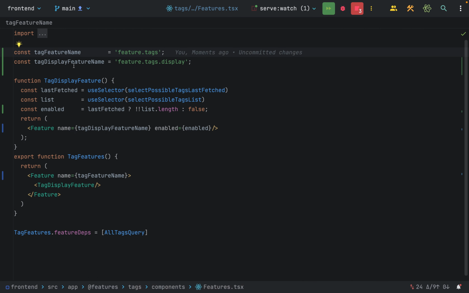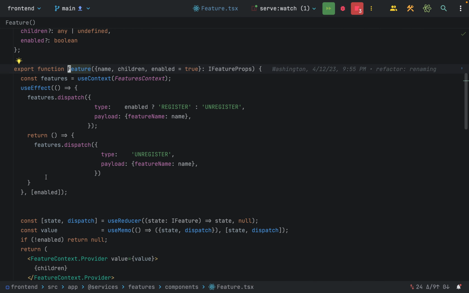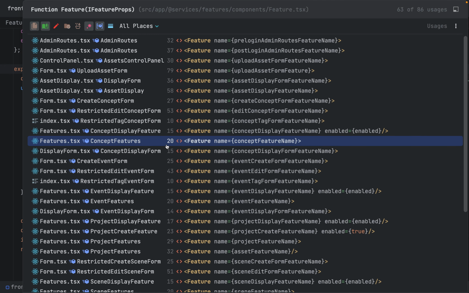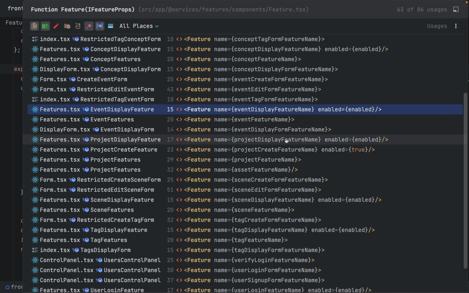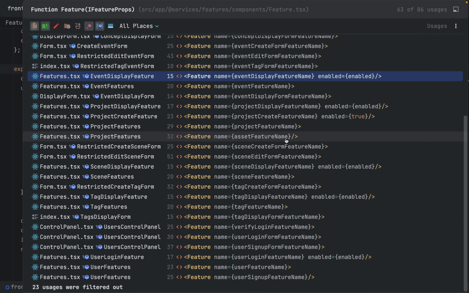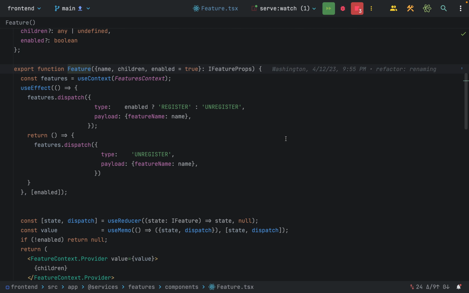Cool. Now I'm going to do another search across the file to see if they all have feature name on them. And it looks like they do. Feature name, feature name, feature name. Cool. So those are pretty uniform. Now I'm going to